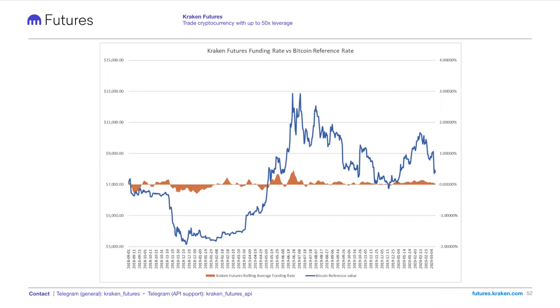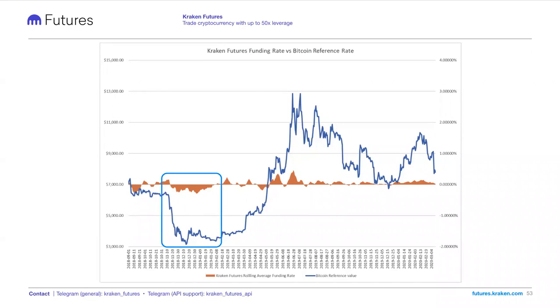And it does tend to flip back and forth between positive and negative. I'll answer that question in a second. It's actually a very good one. The funding rate will flip back and forth between positive and negative, even in very bullish or bearish markets. It's just based on that 4-hour window's volume. But it does follow general trends. So if you average the funding rates over, say, a 7-day rolling average period, you'll begin to see that the funding rate will tend to follow the market sentiment.